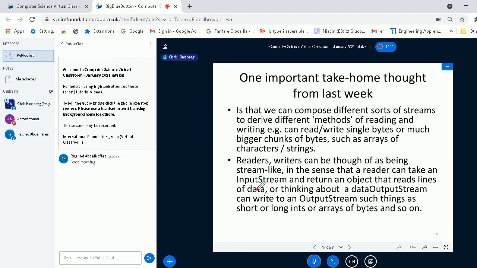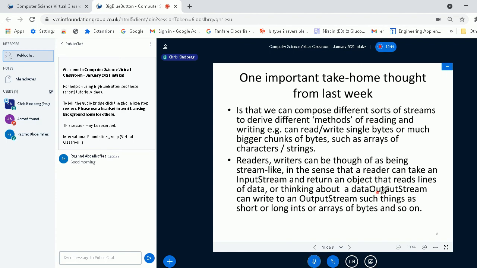A reader that's been combined with an input stream enables you to read whole lines of text, for example, a bigger, more appropriate kind of data type fit for your programming purposes.